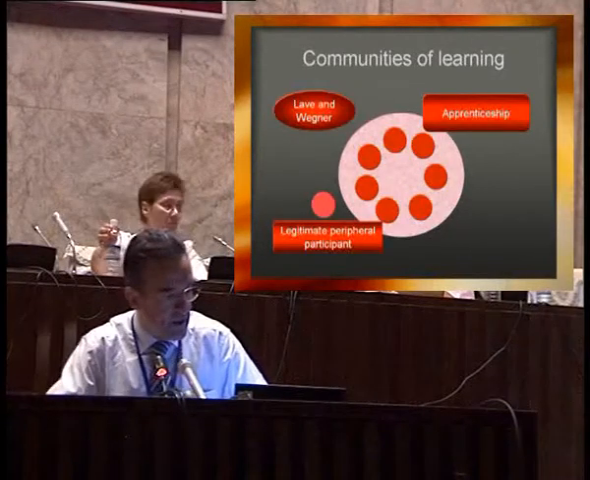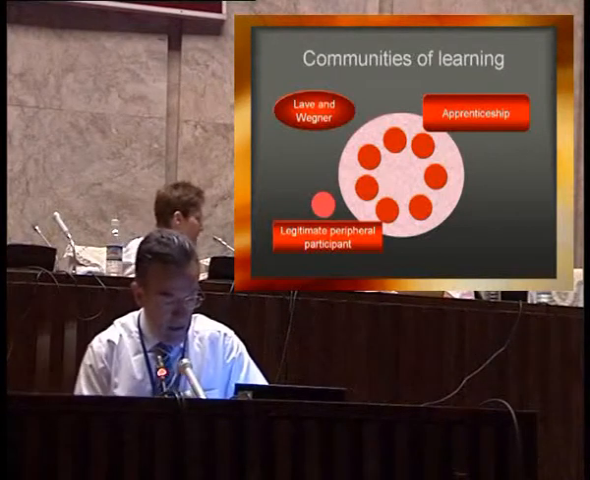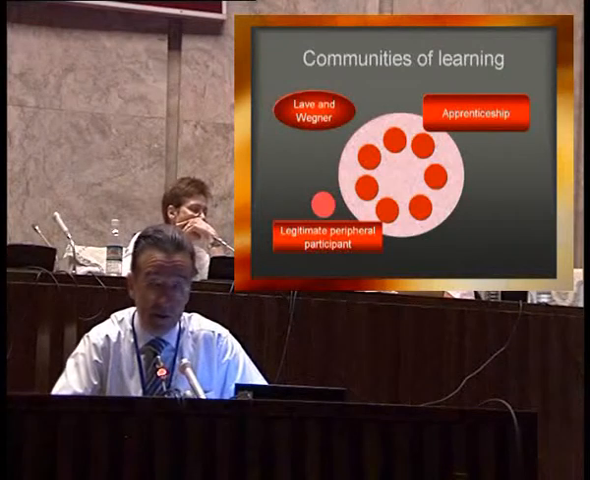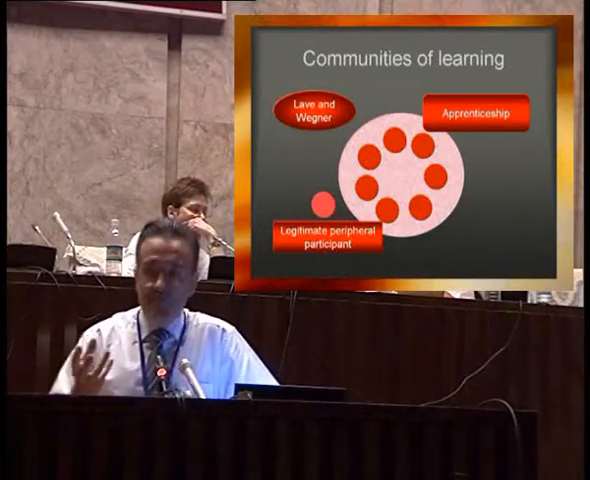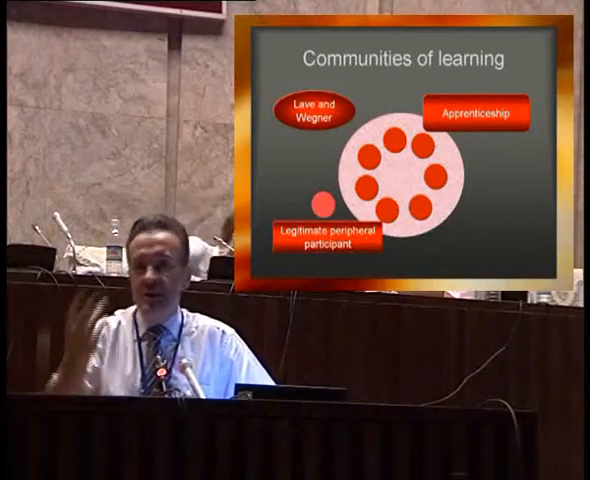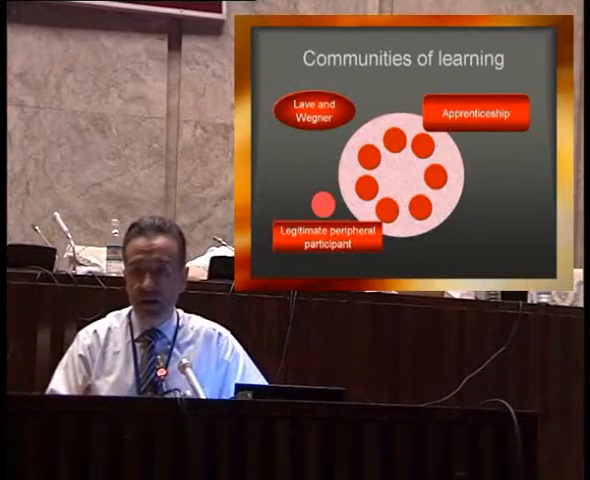Lave and Wenger did a study of traditional apprenticeships, and they identified something they called the legitimate peripheral participant. This is somebody who is not formally a member of the community of learning, but is a student who has come along to join in. And this is our medical student. They are